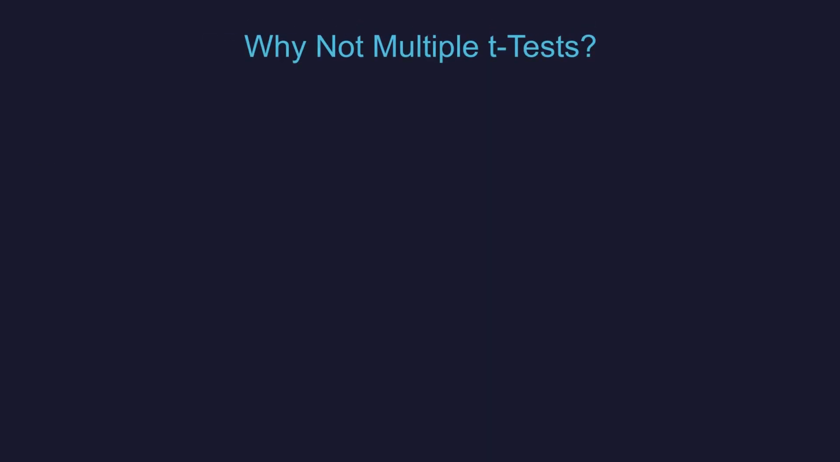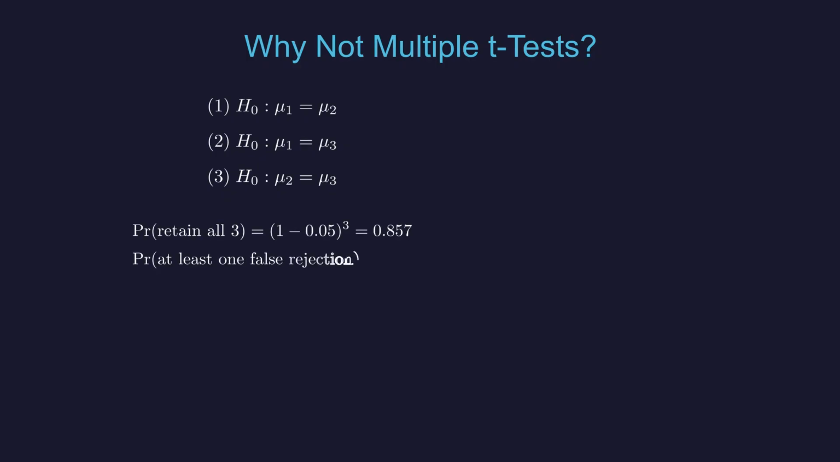With 3 groups, there are 3 possible pairwise t-tests. We could test group 1 versus 2, 1 versus 3, and 2 versus 3. But here's the problem. If all 3 null hypotheses are actually true, and we test each at alpha equals 0.05, the probability of retaining all 3 is